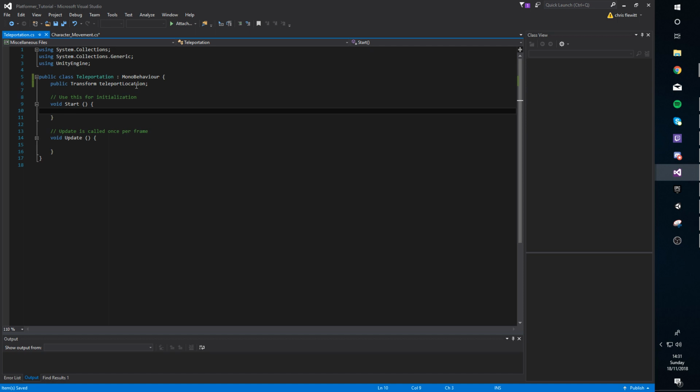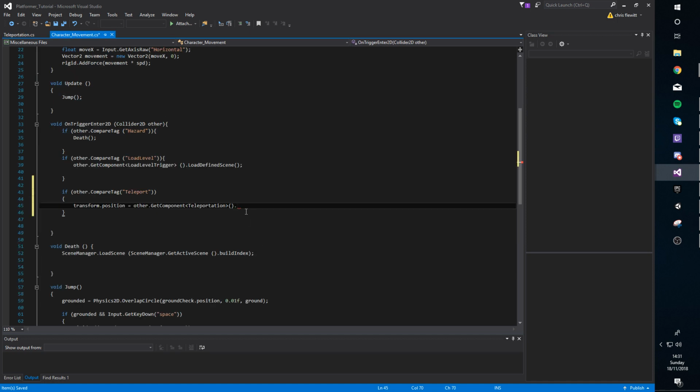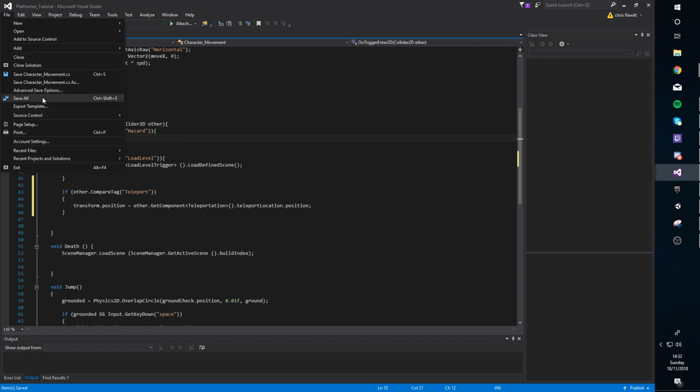And then we need to find this here, which is just called teleport location. Dot position. Because basically what we're saying there is if we hit this, the current position is the position defined in the teleporter itself. So if we save that,